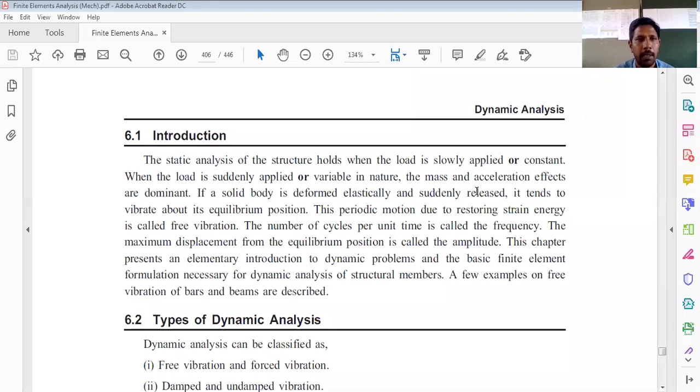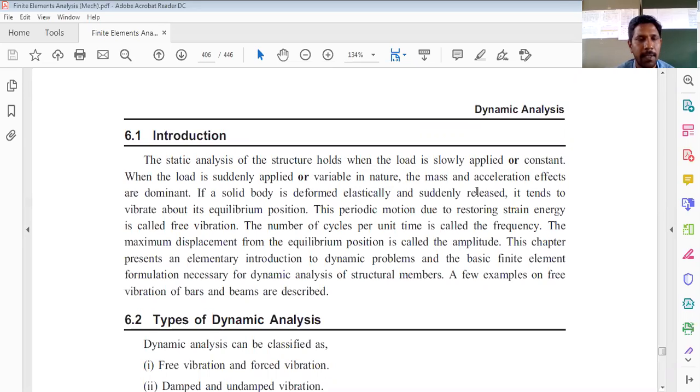Hello everyone. Let us continue with the subject finite element method. So we are in module number 5, dynamic analysis and axisymmetric problems. So let us first consider the first unit of module number 5, which is dynamic analysis of